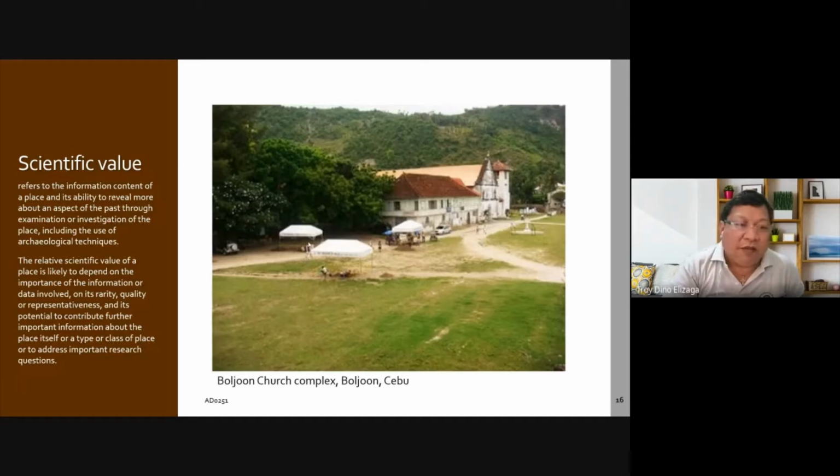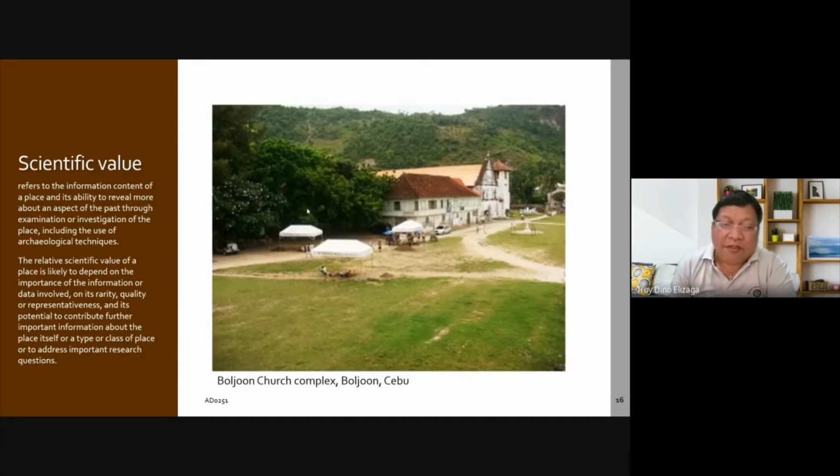The relative scientific value of the place is likely to depend on the importance of the information or data involved, on its rarity, quality, or representativeness, and its potential to contribute further important information about the place itself or a type or class of place, or to address important research questions. So there are many discoveries that can affect so many historical narratives. Okay, for example, you might discover something that may prove that Jose Rizal visited this place and it was never mentioned in any of his writings or in any of the future or biographical narratives about him. So that's